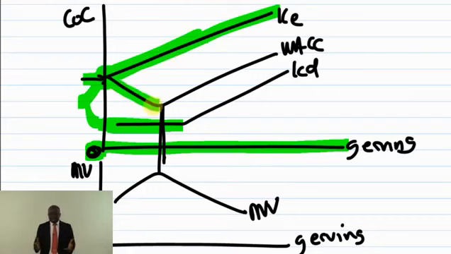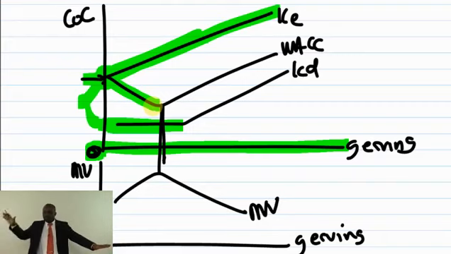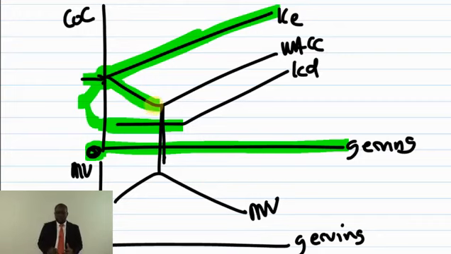So the whole argument is, when you bring in the cheaper debt, you make savings. But as a result of making that savings, you introduce financial risk. And when you introduce that financial risk, equity holders will demand extra return to compensate for that financial risk, and as such, cost of equity will increase. But the savings that you made is more than the increase in the cost of equity. And as a result of that, your weighted average, which is the WACC, is supposed to be falling. So the WACC will be falling as you are gearing up.